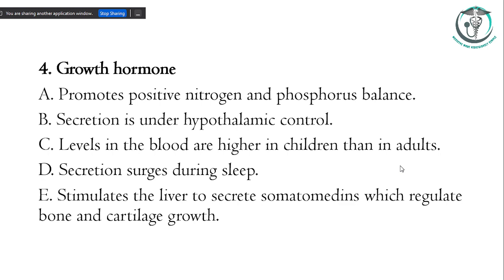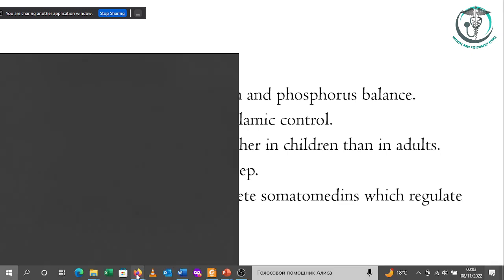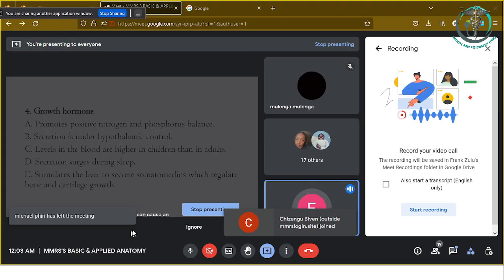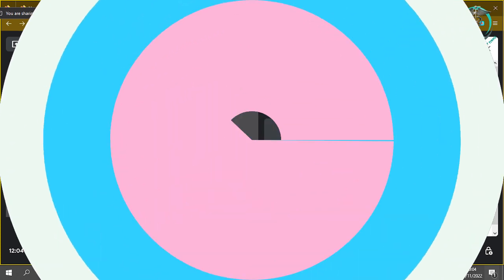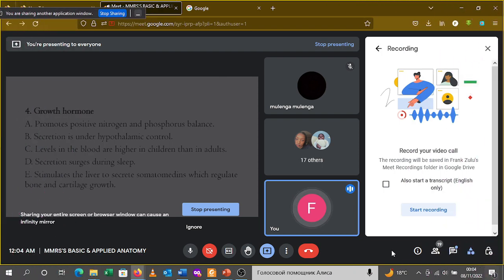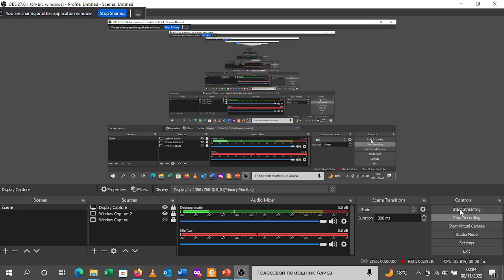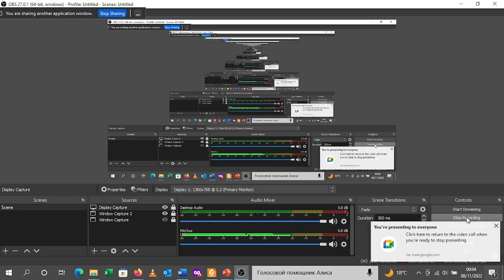How do we access the notes? Oh, you are not part of... Is this your first time attending our classes? Yes, sir. Oh, okay. Are you part of the MMRS groups? Yes. Okay, if you are part of the MMRS groups, there is a technician who usually posts in the group on how. So there are people that